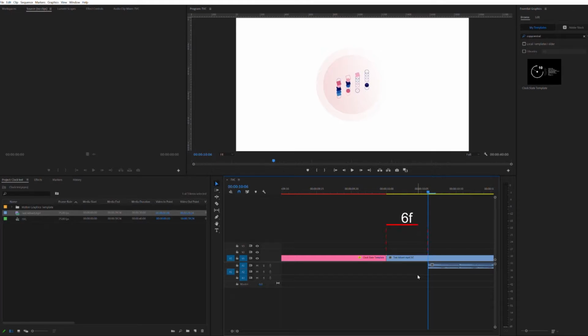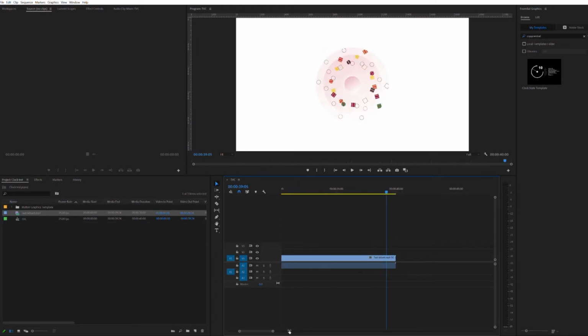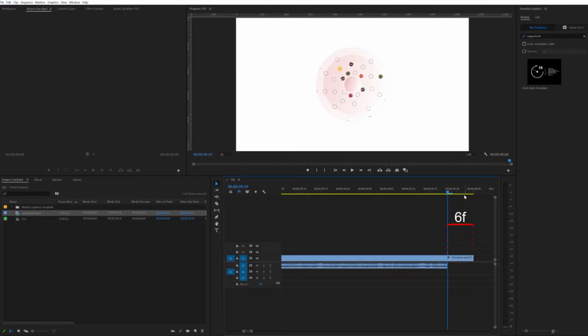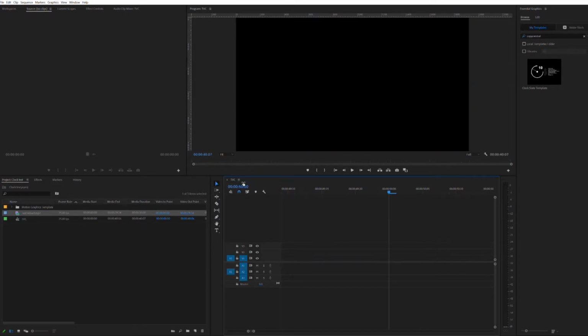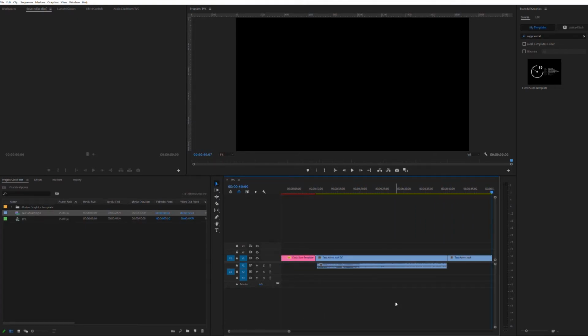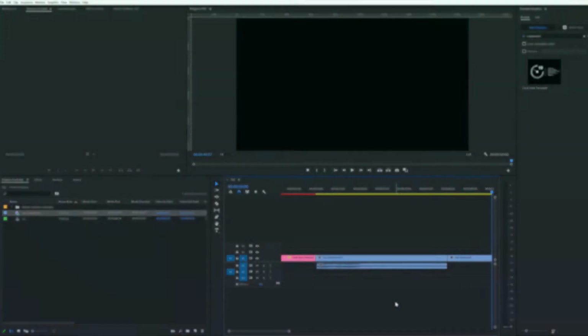You add your 6 frames of silence at the beginning of your ad, and you also need to add 6 frames of silence at the end. There's one more feature to add to your project, and that is a freeze frame. We need to end the advert with a 10-second hold frame of the last frame of your advert. This is just used to assist a broadcaster in case they need a bit of wiggle room to fill up time across the ad break.